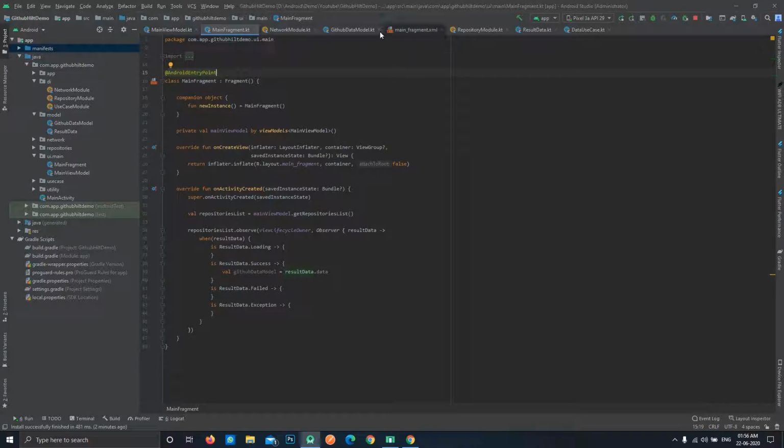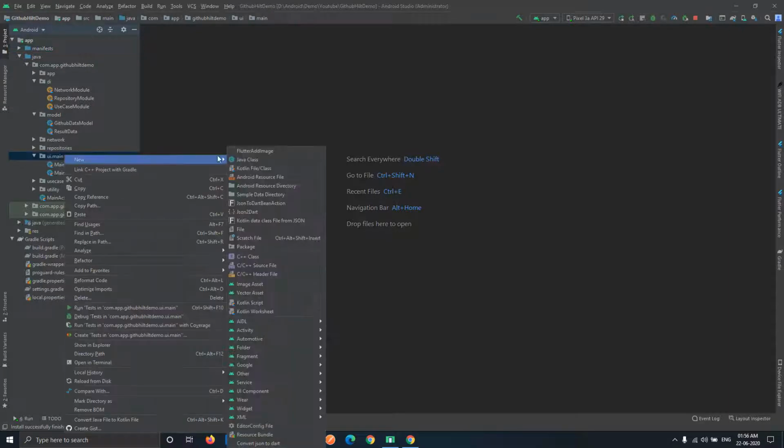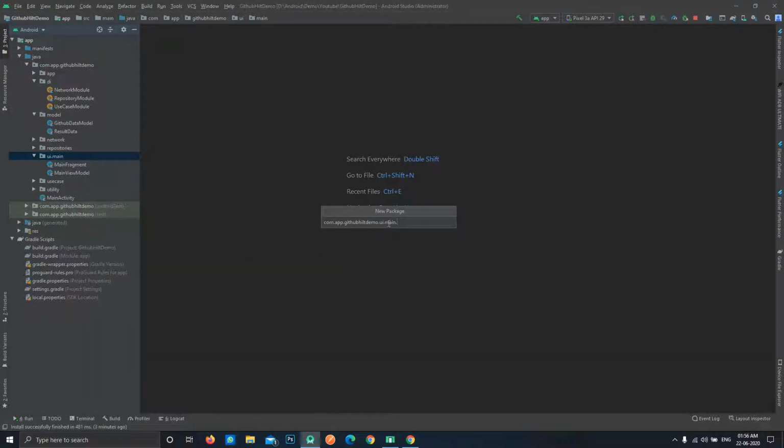So let's get started. First of all, close everything from here. Now go to your UI package and create a new package inside the main one, that is the adapter package, which will contain our recycler view adapter. Before creating this adapter, we'll have to use the DiffUtil class.